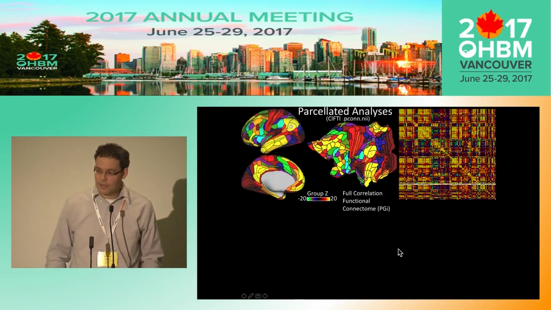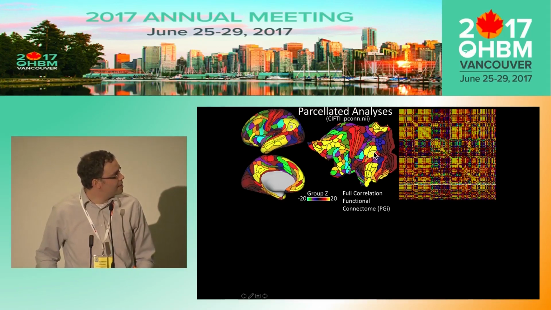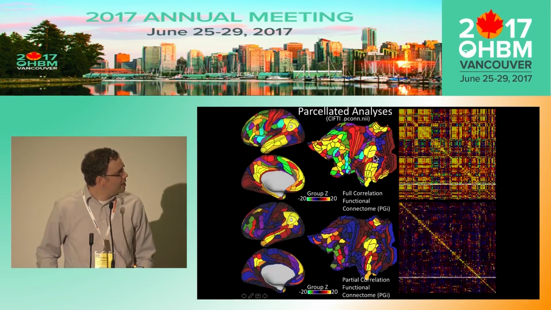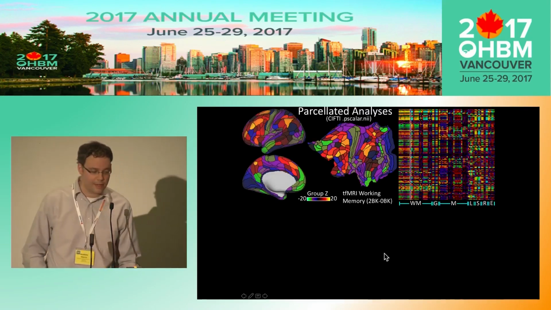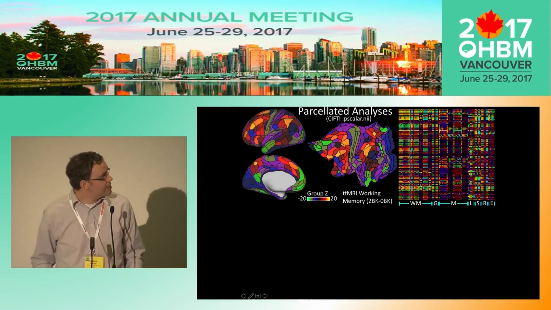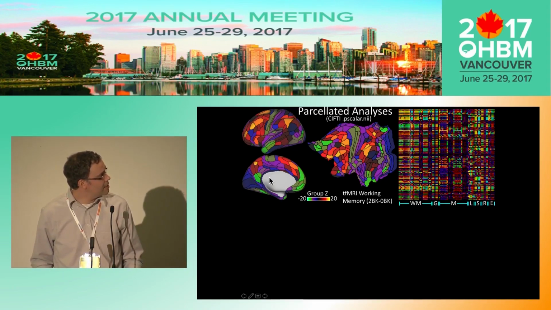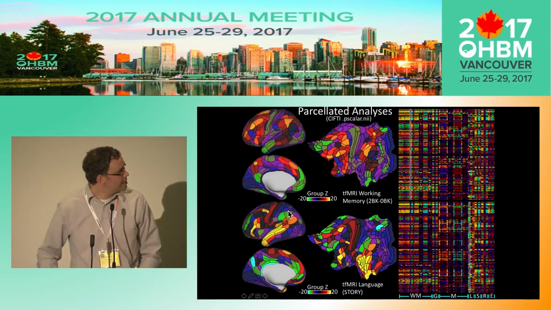We can do some interesting parcellated analyses. We can make a functional connectome using full correlation with a seed here in area PGi, or partial correlation of the same seed focusing on the default mode network. We can do task fMRI analyses like I was mentioning before. Basically, we average the time series before fitting the task fMRI GLM. So here's one output group mixed effects contrast of that. And this is all of the HCP's task data. And this column here is what we've displayed here on the surface. Here's a different